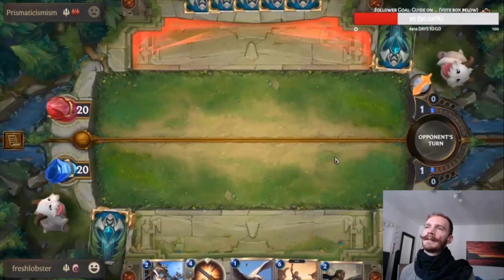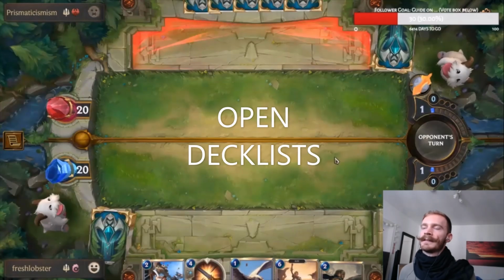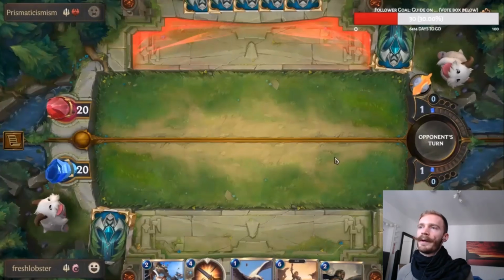So for the sake of simplicity, we will just assume that our opponent does not mulligan and that we are in the tournament and know our opponent's deck list. So we queued up into a Bannerman mirror here. So if I want to know the likelihood of my opponent playing a Fleet Feather Tracker on turn 1, it's pretty simple, right? I know he runs 3 copies, so the chance for each and every single one of these cards to be Fleet Feather Tracker is 3 out of 40 or 7.5%. So in total, times 5, this means 37.5% chance of opponent playing Fleet Feather Tracker on turn 1 if he